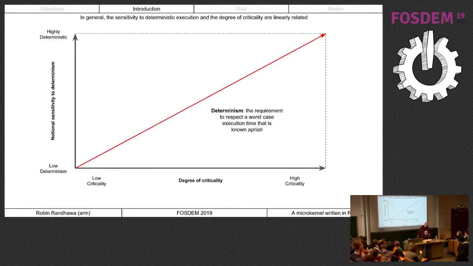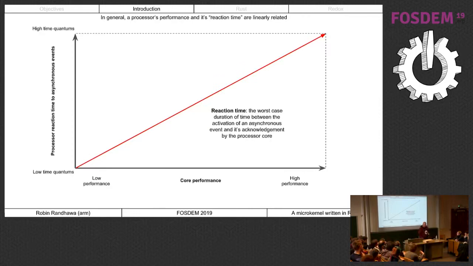Fine. However, there is a linear trend between the sensitivity to deterministic execution and the degree of criticality. This is again kind of an unwritten rule. If you have something that's very critical, it must have an a priori known worst case execution time, and all of that should be analyzed to death, and you should give me proof that you are working within those. Reaction time, right? So as you're becoming more and more performant, your ability to react to an asynchronous event in